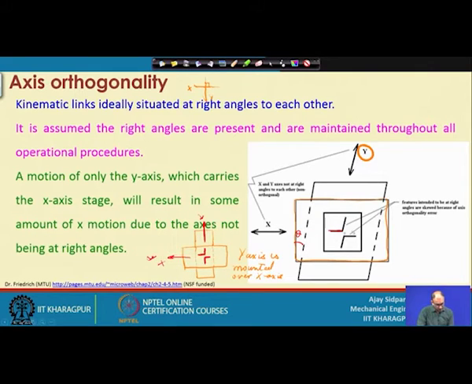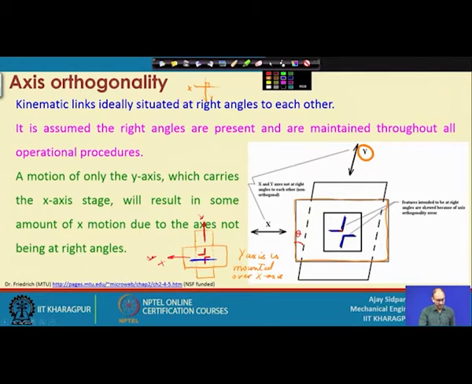So, now what is the problem? If your workpiece is moving in x direction only, no problem, because if you want to cut a straight line in this direction, it will not create any problem, because you are just moving the x axis in this direction. But if you are cutting something in y direction, what happens? The x direction cuts are straight along the x direction, but when you are cutting something in y direction, this is the path it follows. Now, what is the problem in this path? It seems to still be parallel to the y axis, but that is not the case.